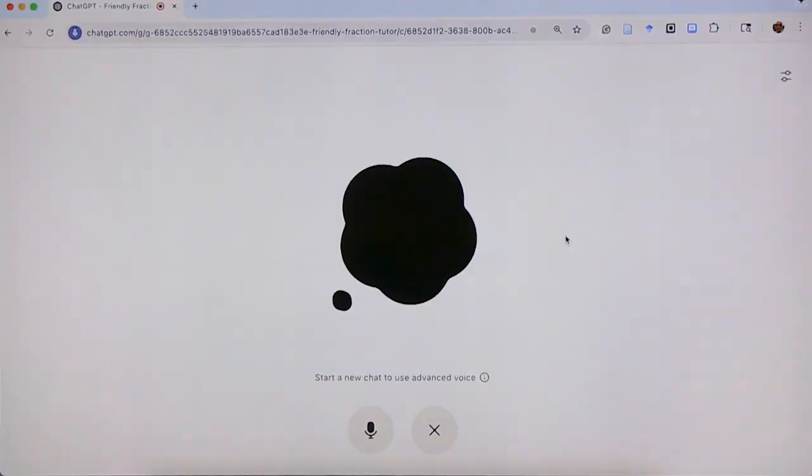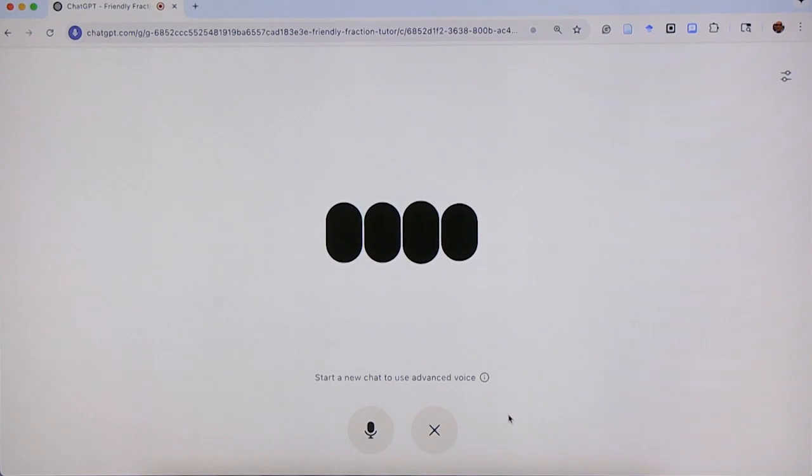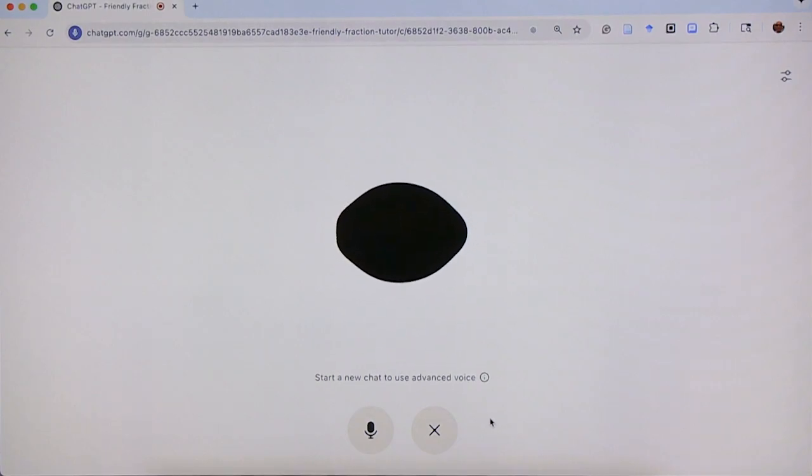Sure, that'll be 23/80ths. Yes, nailed it. When we divide 46 by 2, we get 23, and 160 divided by 2 is 80. So your simplified answer is 23/80. You just added 3/16 and 1/10 like a pro. Want to try another one? Or maybe throw in a little challenge?